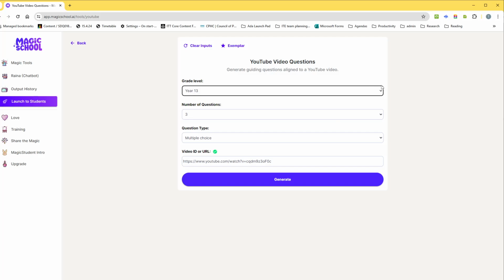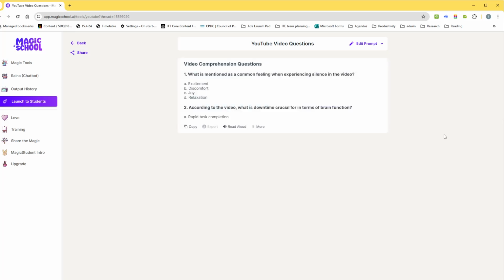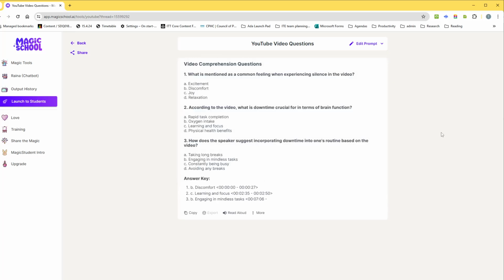Let's go for year 13. I only need 3 questions, and let's generate that now. And you can see it's generated very, very quickly 3 questions. What is mentioned as a common feeling when experiencing silence? Excitement, discomfort, joy, relaxation. You see that they're all multiple choice,